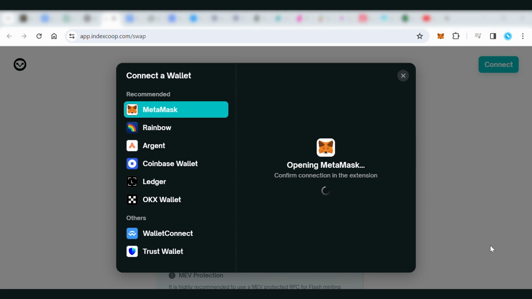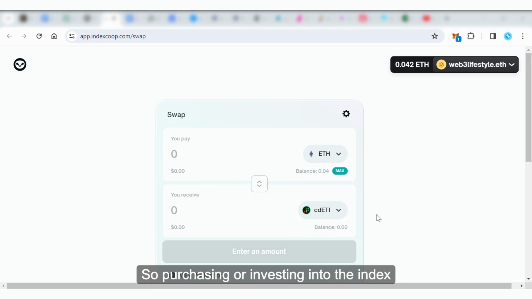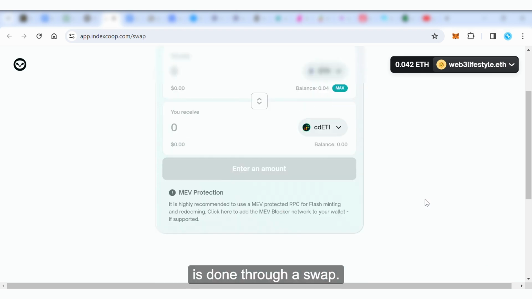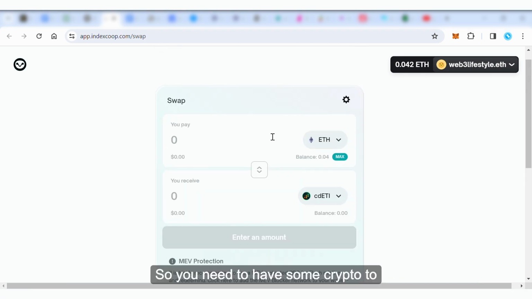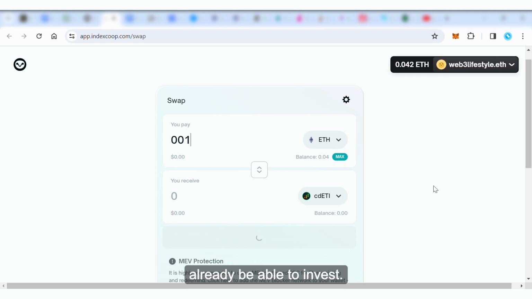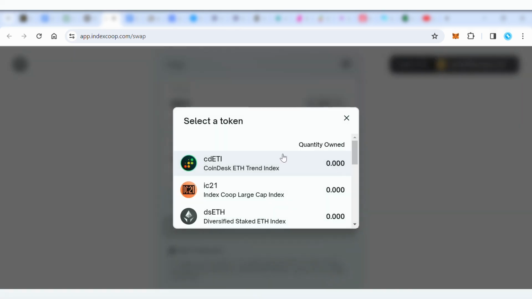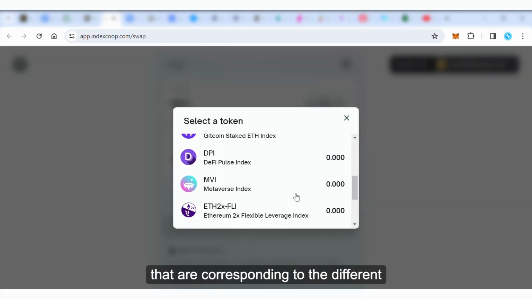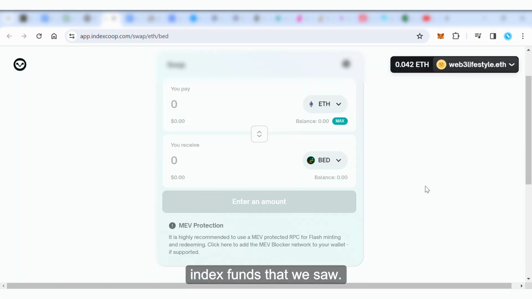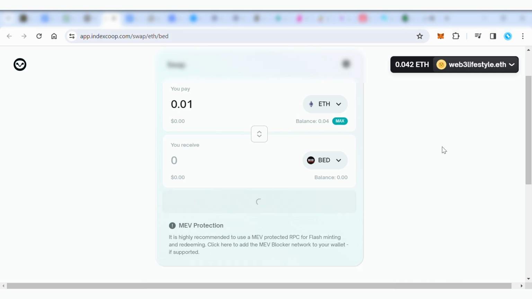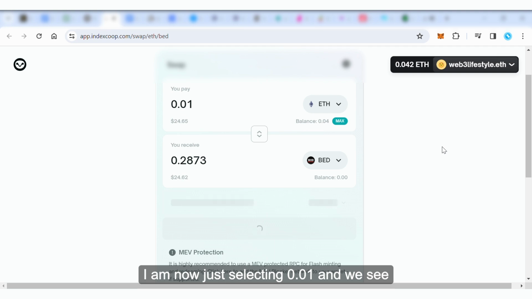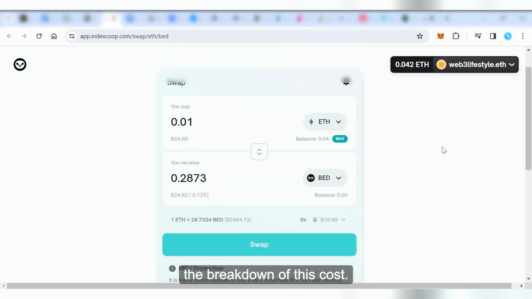Okay, here we go. So purchasing or investing into the index fund is as easy as simply purchasing the respective tokens of the fund. Here you see that it is done through a swap. So you need to have some crypto to already be able to invest. I'm now selecting, just completely randomly, the minimum amount. Here you can see the different tokens that are corresponding to the different index funds that we saw. And of course it is accepting the Ether. I am now just selecting 0.01,